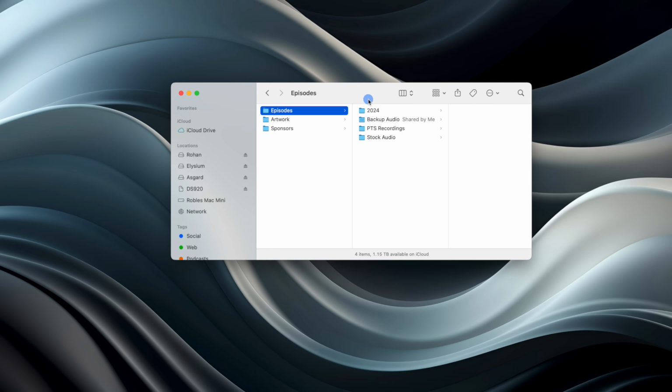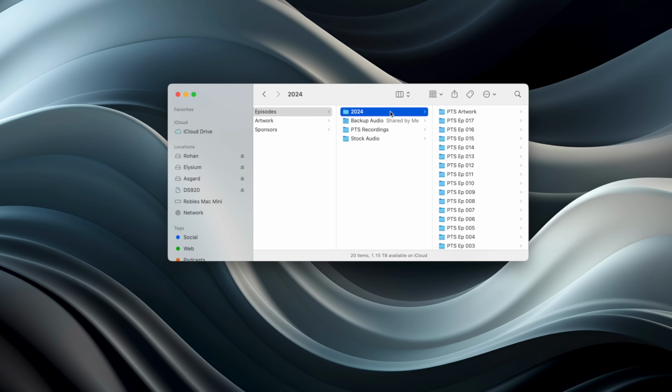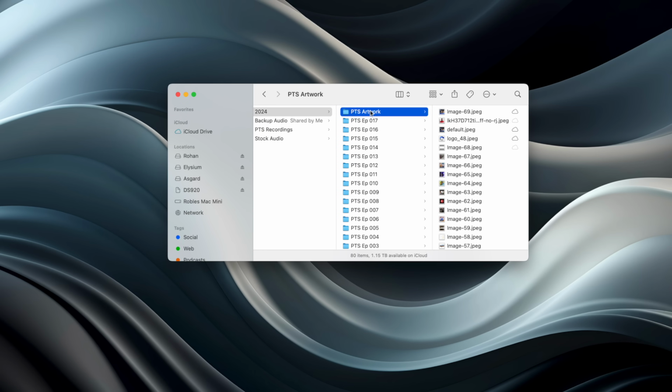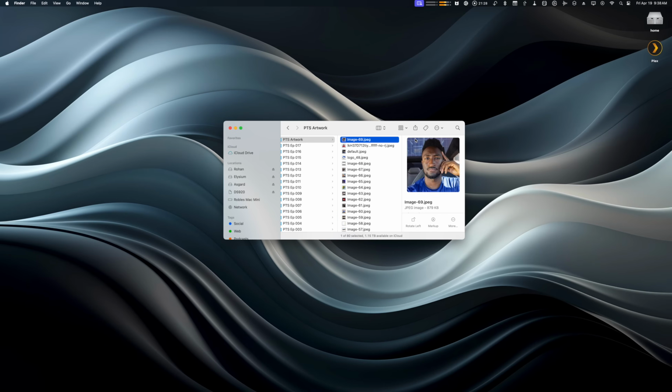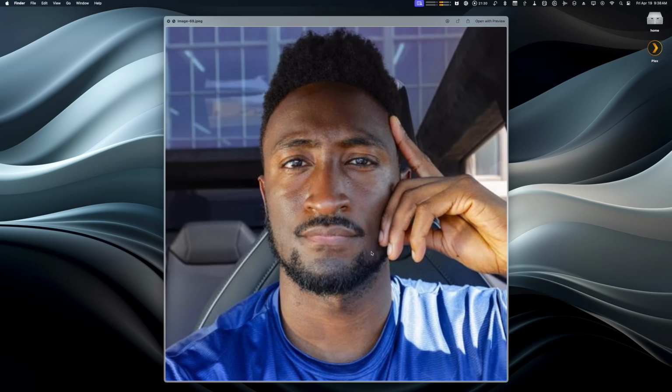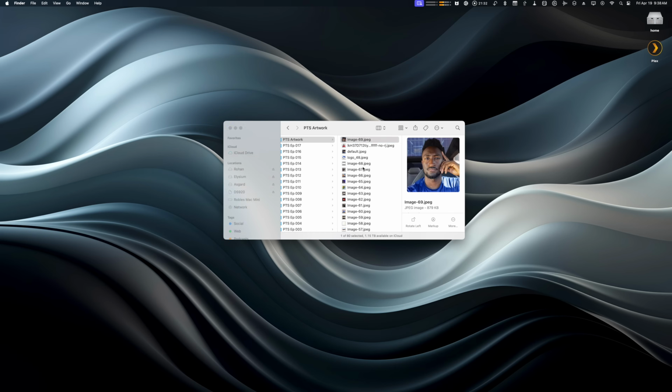I'll choose center. Then it's actually going to save that image to a specific folder on my Mac, namely my Primary Tech Show artwork. And here is a square version of that image already cropped. This way I can drag it into Ferrite when I'm editing the chapters of my podcast, and I can quickly